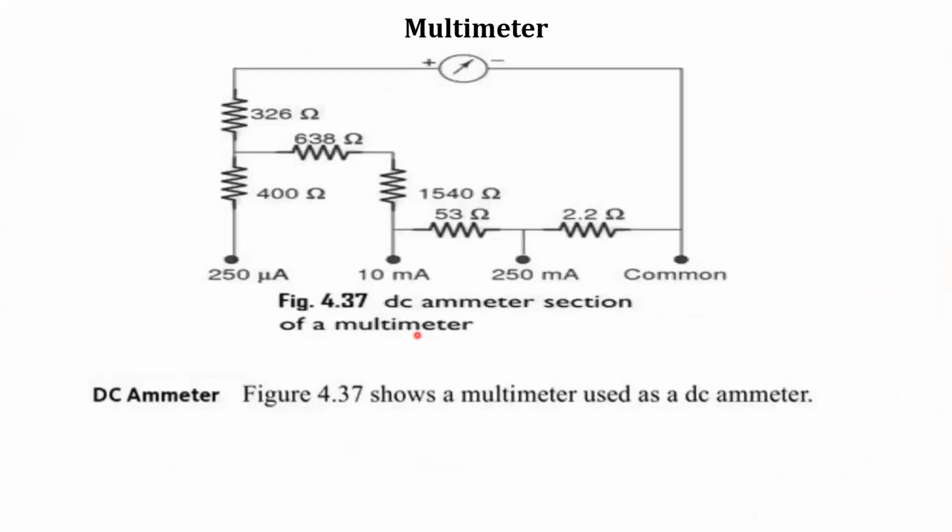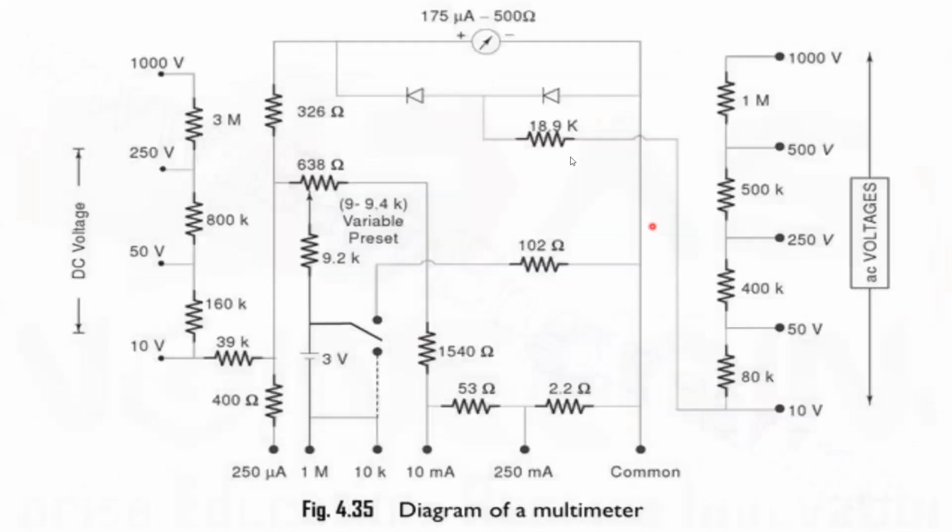The range of ohm meter, in this way we can obtain different circuits. First one is the basic circuit diagram. We can measure DC voltage, we can measure AC voltage, and we can measure ohms here, that is resistance. We can measure microamperes range, we can measure milliamperes range. These are the same meter, the same PMMC meter acts as different meters here. It can act as a DC milliammeter, DC microammeter, AC voltmeter, DC voltmeter, like that, as well as it can act as ohm meter also.